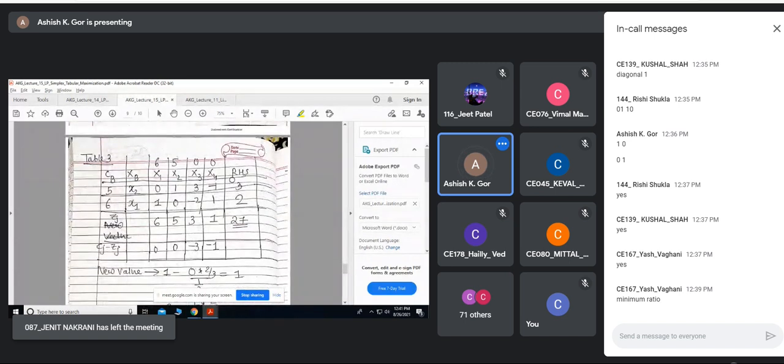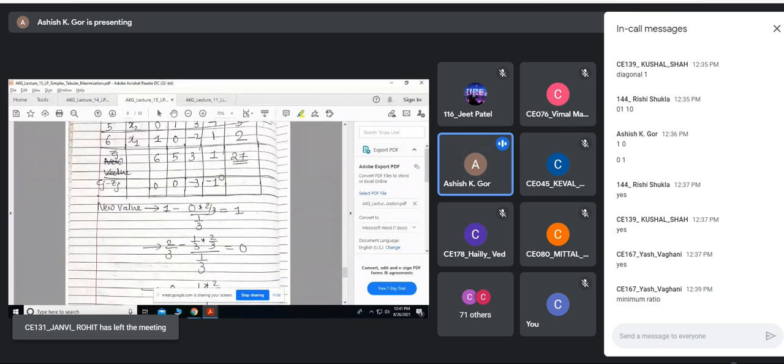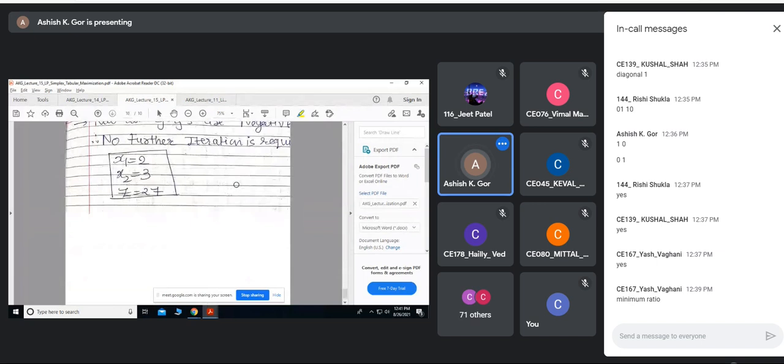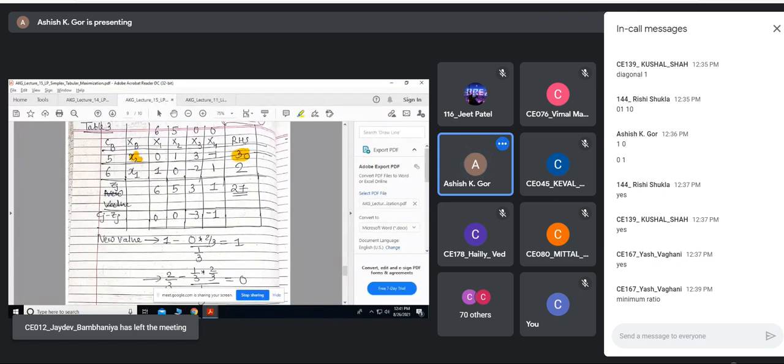Then again you do this until you end. When all Cj minus Zj become negative, that is called the terminating condition, and then there is no way to progress. At that point of time, how to read the solution? x2 is equal to 3, x1 is equal to 2, and what is the answer? 5 into 3, 15. 6 into 2, 12. 15 plus 12 is 27. That is the objective value, which is Z.